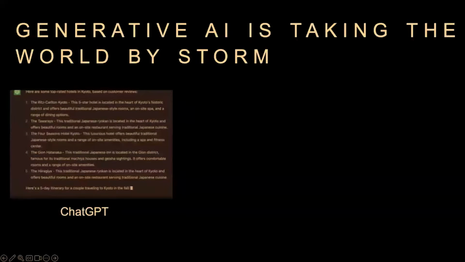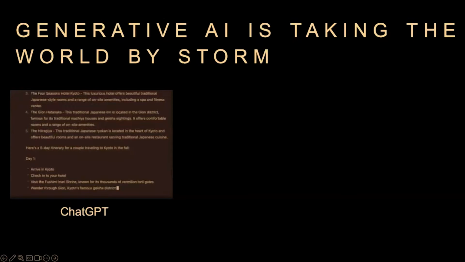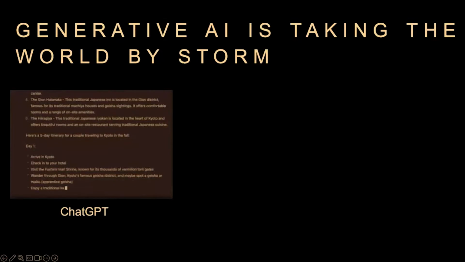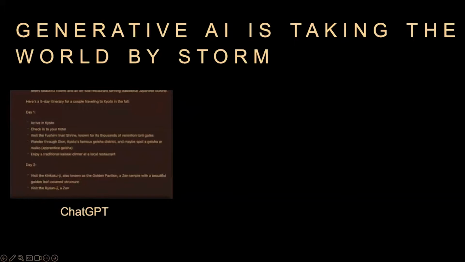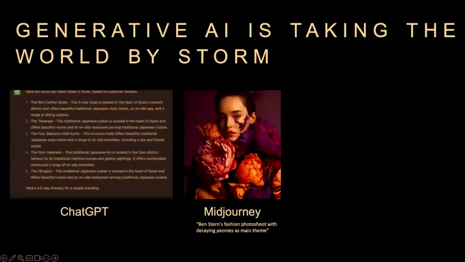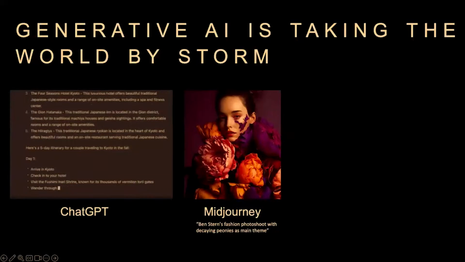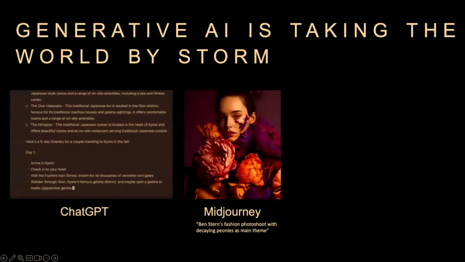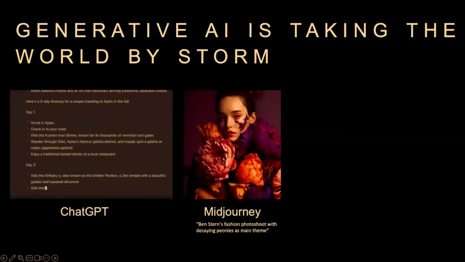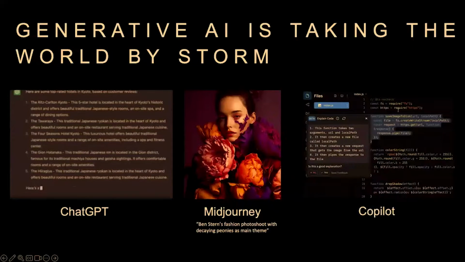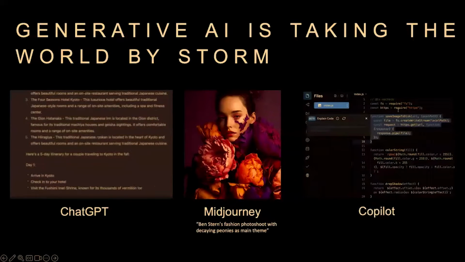But what's really been taking the public by storm over the last year is generative AI. So things like ChatGPT to answer your questions or write your essay, none of my students, Midjourney or DALL-E to generate images based on text prompt. In this case, the prompt was Ben Stearns' fashion photo shoot with decaying peonies as the main theme, to tools like Copilot for helping you code better, though we are going to see lots of Copilots to help